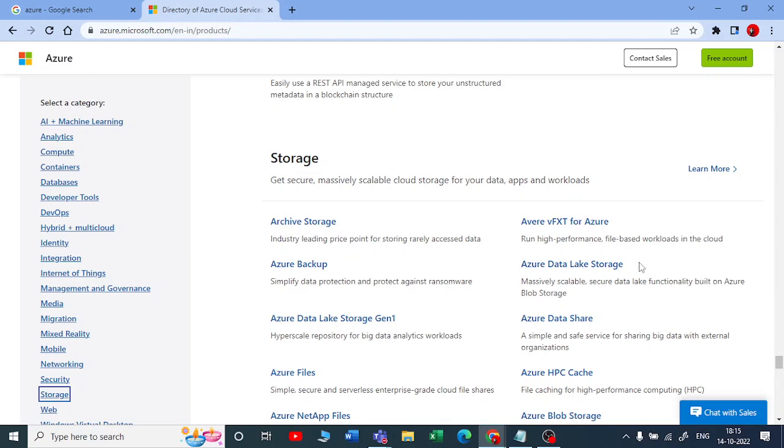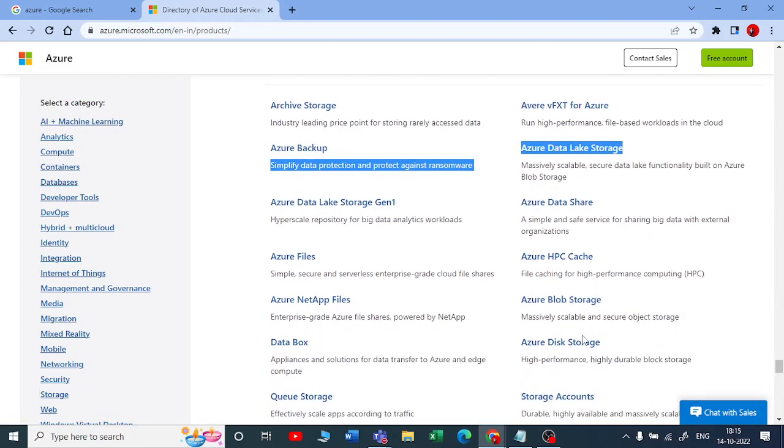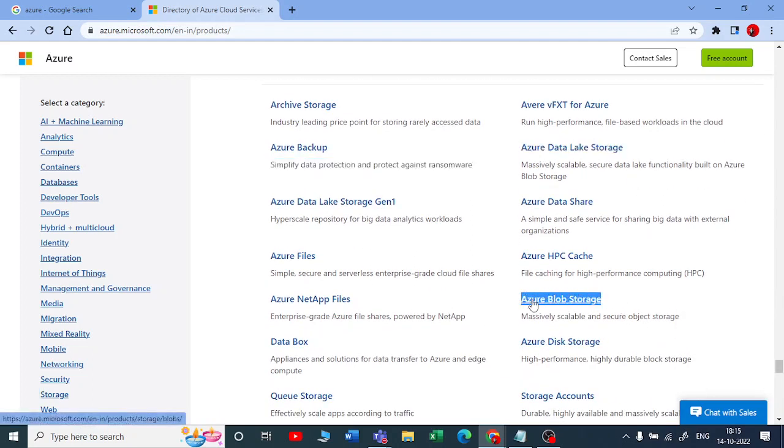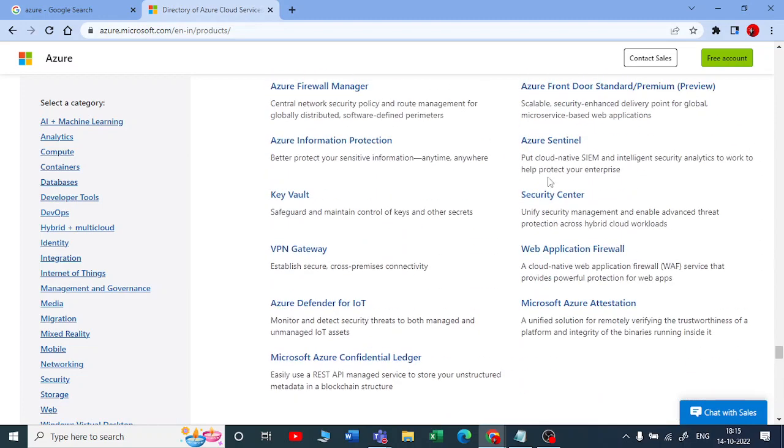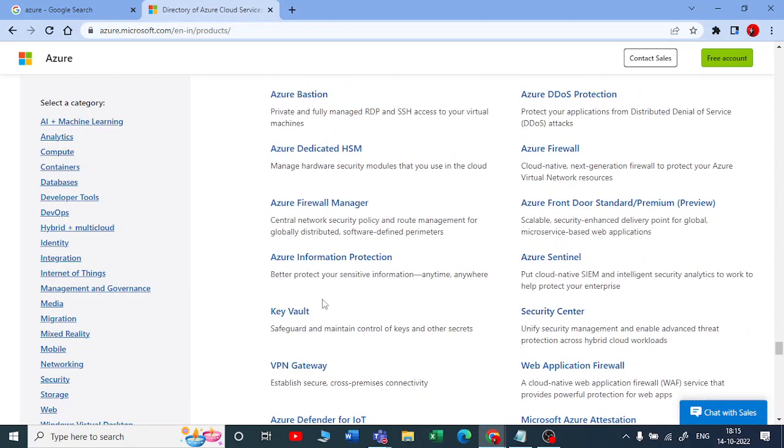So we are using data lake most of the time. We'll be seeing what blob storage is in storage. There are some services you can see that are repeated in storage, and those are repeated in the analytics category also. Yeah, so this was all the basics of what Microsoft Azure looks like.